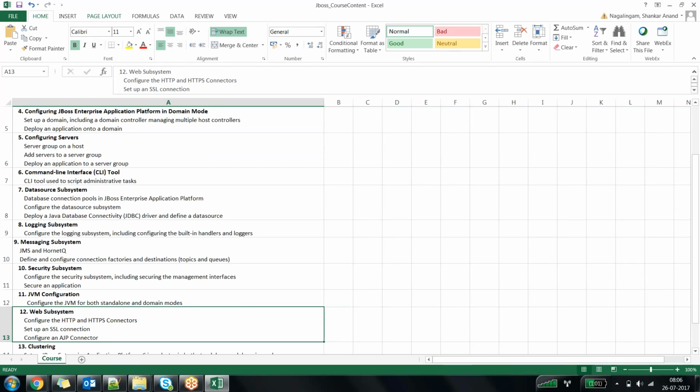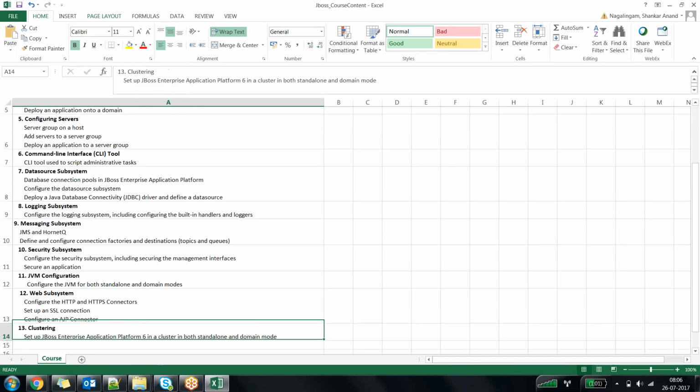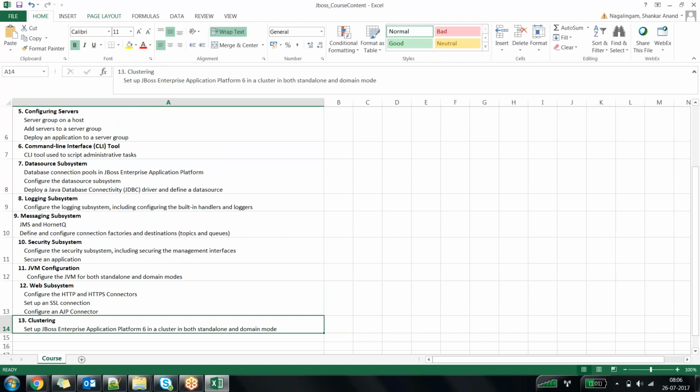Once we are done talking about the security subsystem, we'll then talk about clustering. What is this clustering, Shiva? You open web.whatsapp.com in the morning. You open facebook.com in the afternoon. You open facebook.com in the evening. You open facebook.com at midnight.